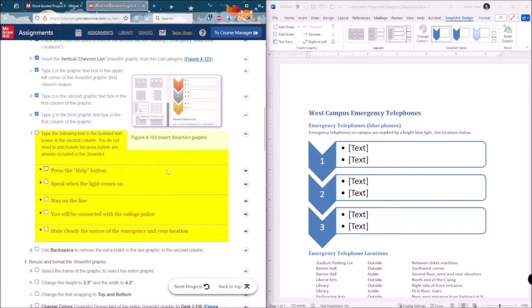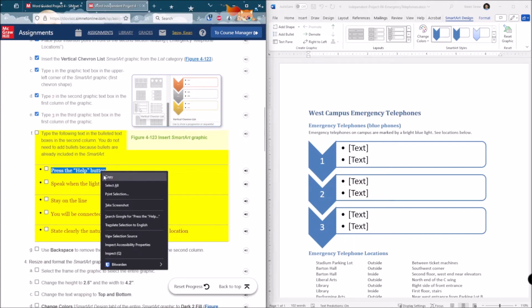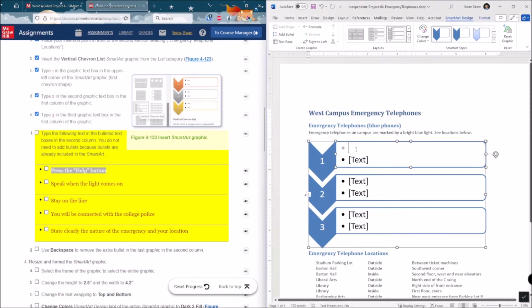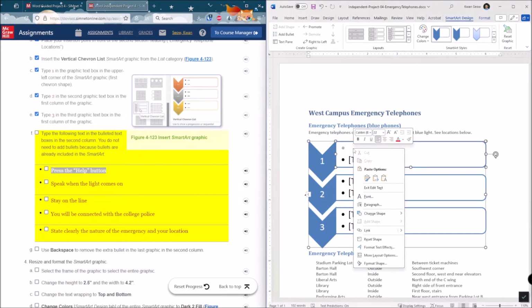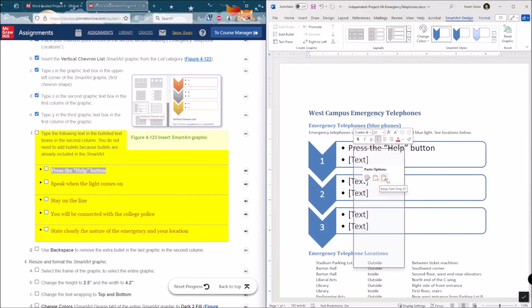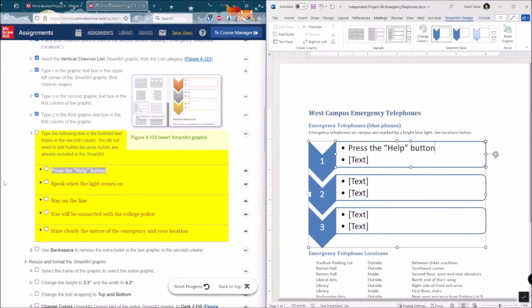And then in the following text, in a bulleted text box in the second column, we want to enter these words here. But since I have this check box up, I'm going to just do a shortcut where I just copy the text and then paste it over. Make sure you paste over text only so it doesn't copy over the red font.